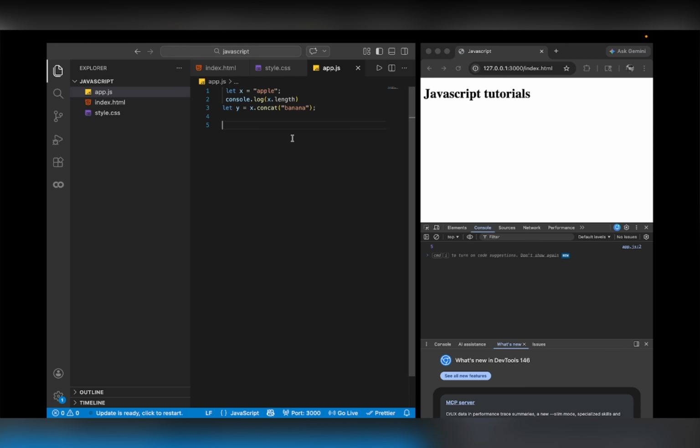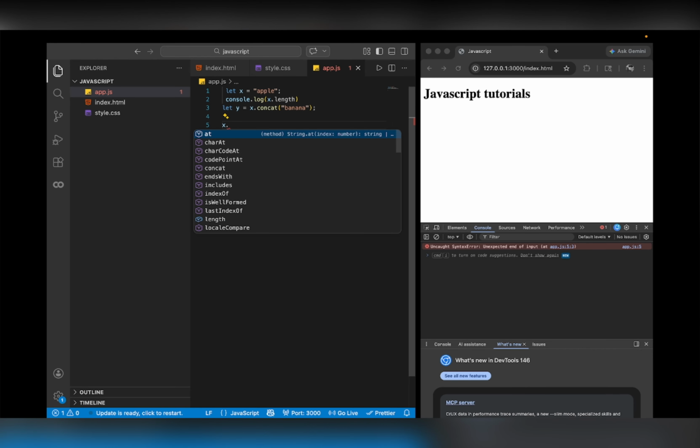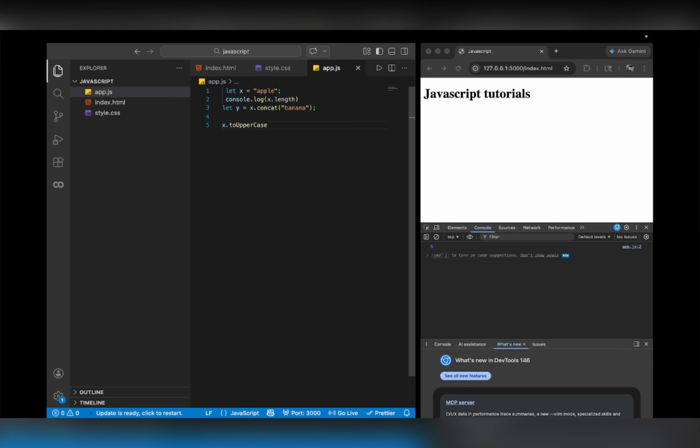नेक्स्ट स्ट्रिंग मेथड है हमारा टू अपर केस एंड टू लोअर केस। जैसे हमारा ये एक्स स्ट्रिंग है, वो सब लोअर केस में है। अगर हम लोग चाहते हैं कि इसको सारे अपर केस में कन्वर्ट करें, तो सिंपली एक्स डॉट टू अपर केस यूज करेंगे। अब जब हम कंसोल लॉग करेंगे एक्स को, तो सारे अपर केस में होंगे। यहाँ पे एक्स डॉट टू अपर केस, सारे एप्पल अपर केस में आ रहे हैं।